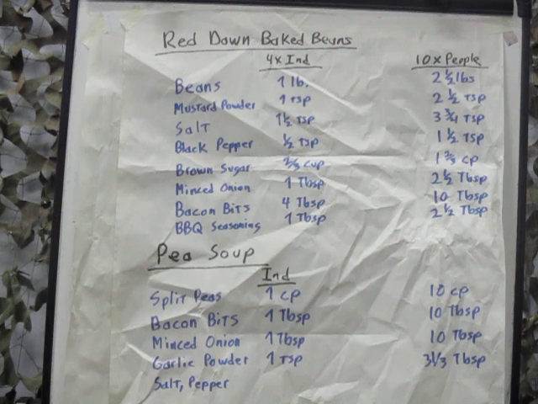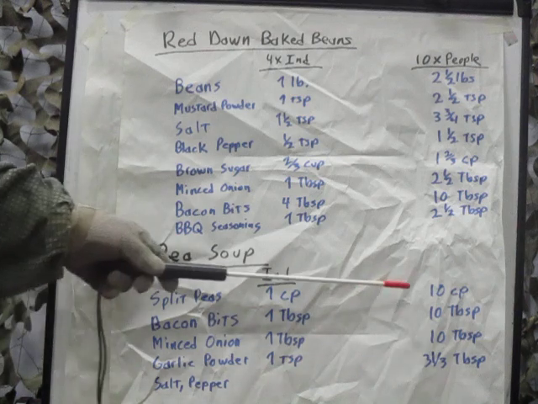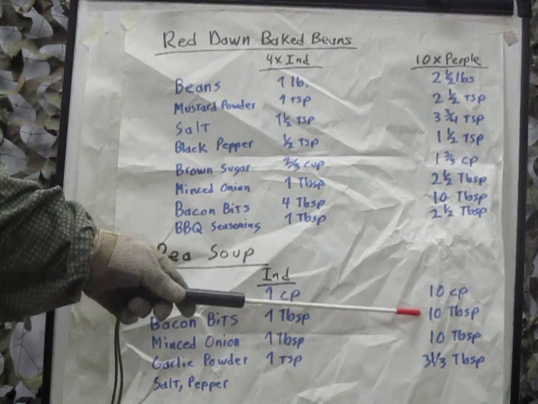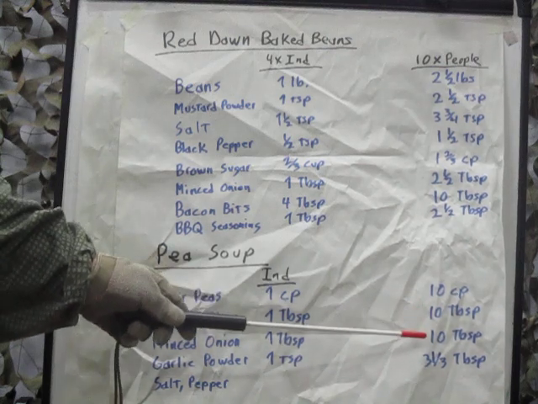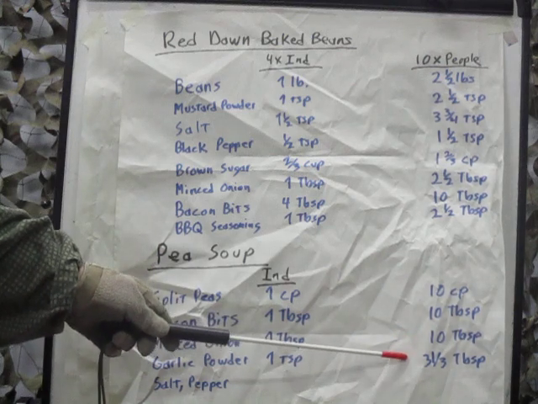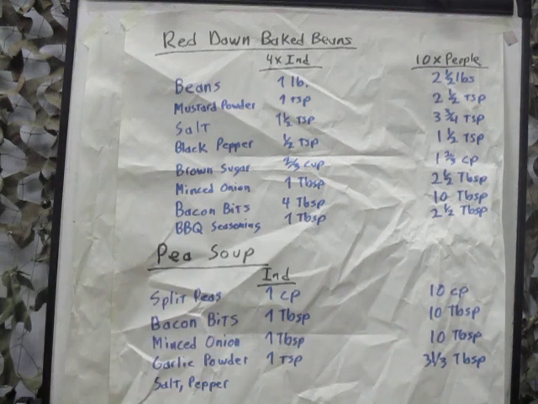Now, when you actually bump it up for 10 people for a single meal, 10 cups of split peas, 10 tablespoons of bacon bits, 10 tablespoons of minced onion, 3 1/3 around tablespoons of garlic powder. Now that comes out to around 5 pounds of split peas for 10 people,